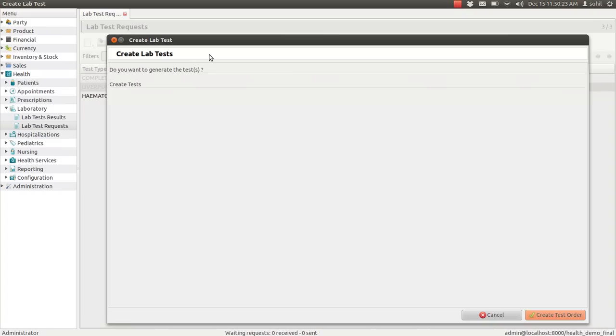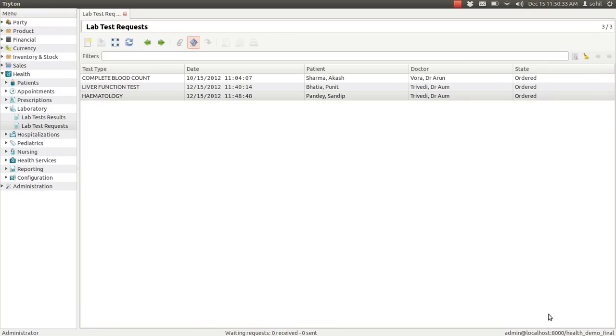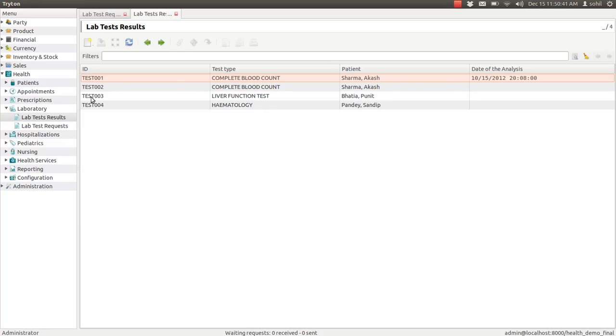Click on that and it will ask whether you are sure to create a lab test order. Say yes, and when you go to lab test result, automatically the lab test will be shown here.